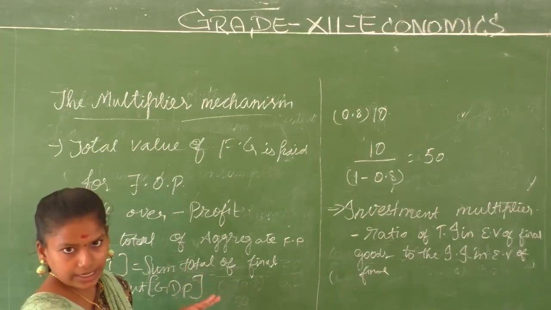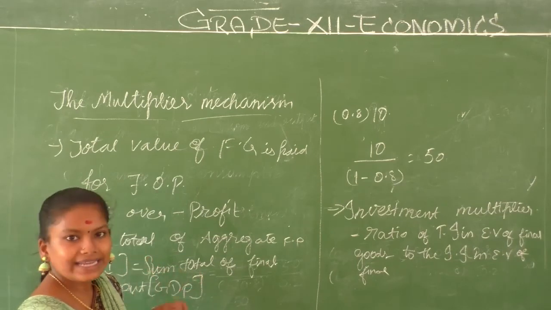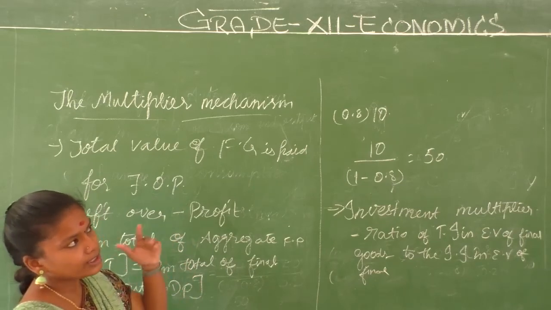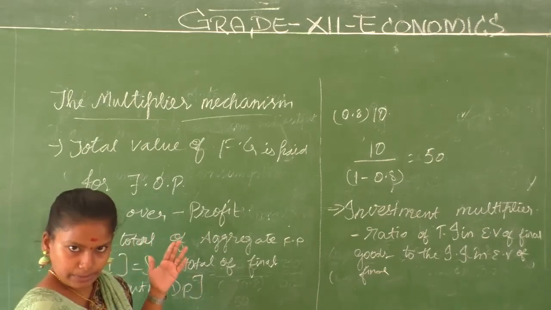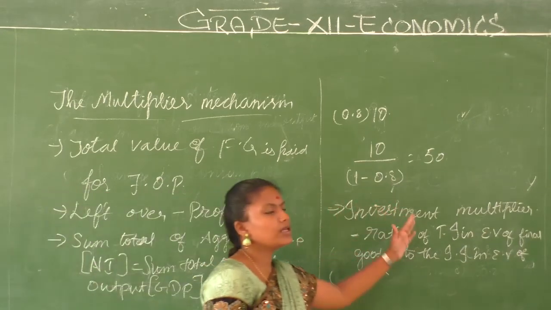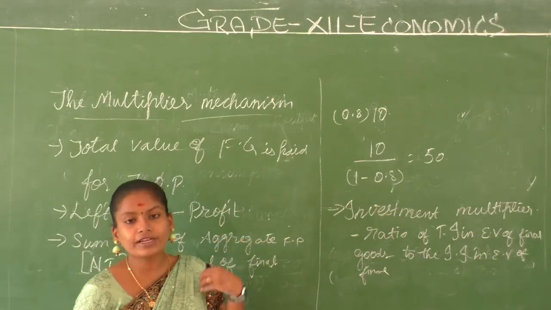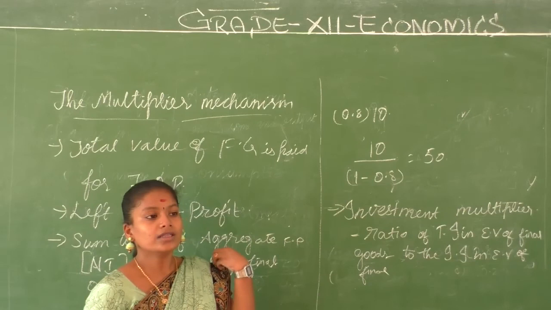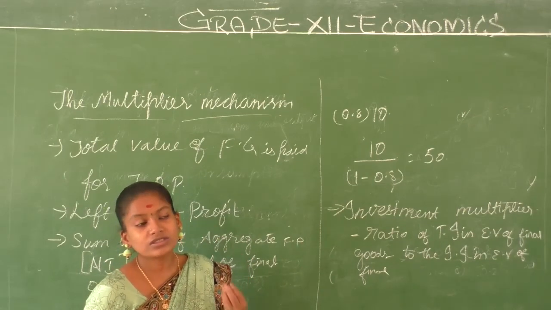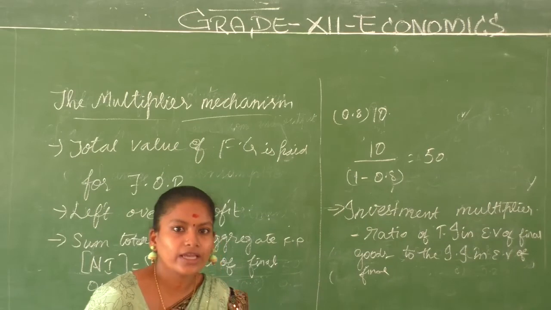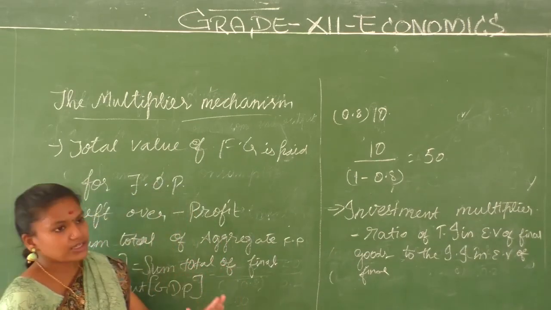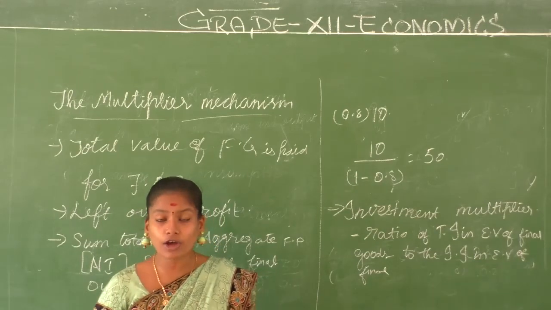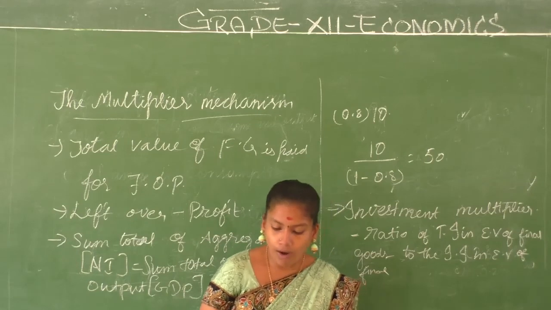We have seen in the aggregate demand that the initial increment was only 10, but the next round it became 0.8 into 10. Next round it became 0.8 squared into 10. So it was multiplied, so there was a change in the income. From 250 it increased to 300. The equilibrium demand changed, the equilibrium income also changed. The autonomous change will bring a change in the income and output. What did we discuss so far? The effect of autonomous change in the aggregate demand on income and output.